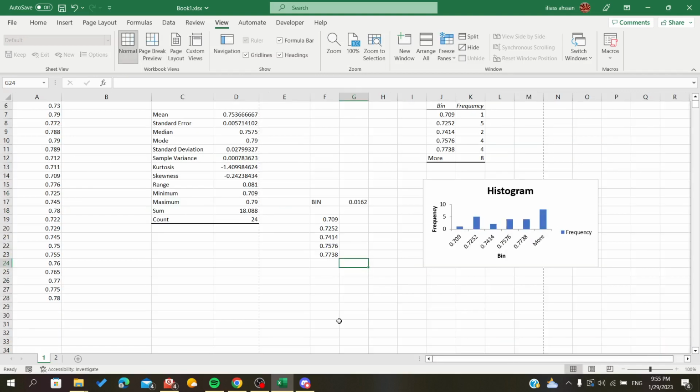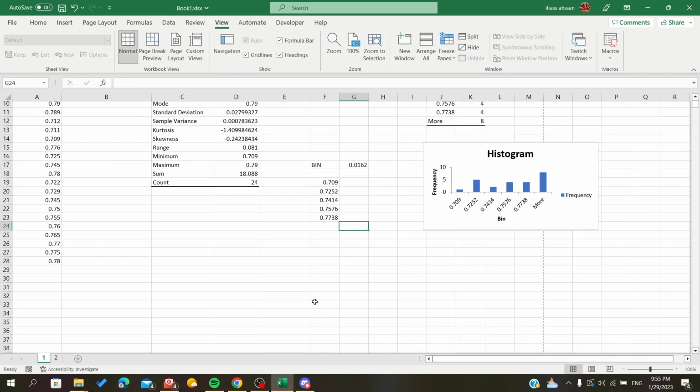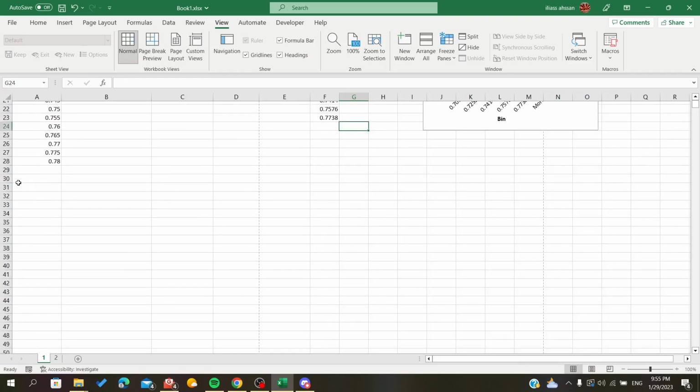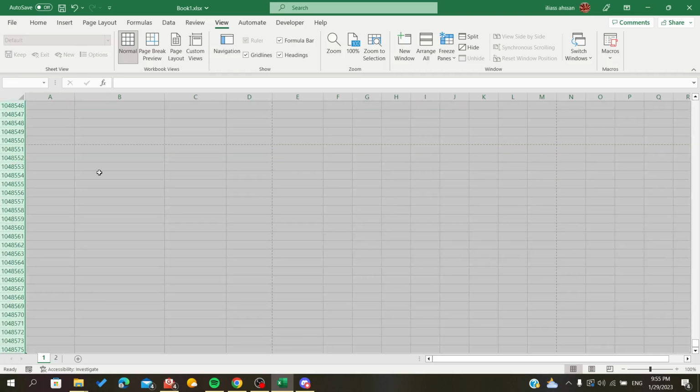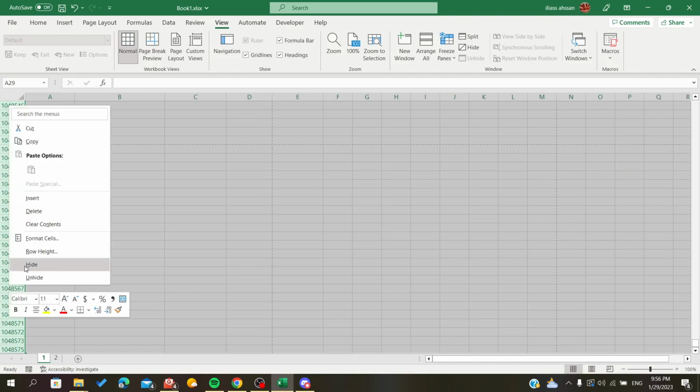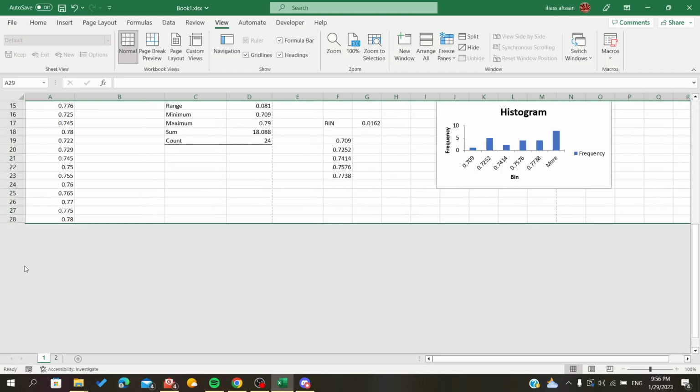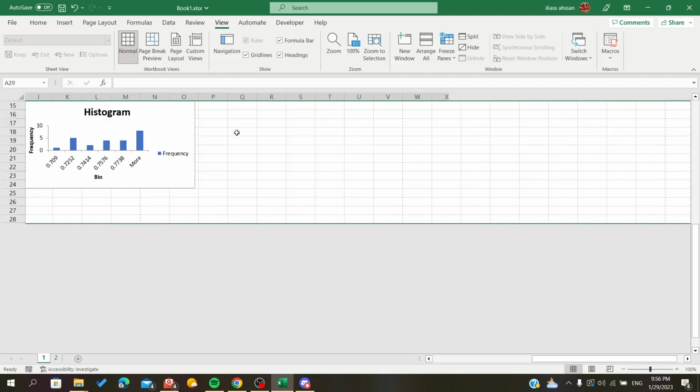The other method is hiding all the unused rows. So for example, to hide all the rows down from here to the last row, we will press Control and Shift and the down arrow key on your keyboard. As you can see, it selected all the rows from the first selected row to the last one, and we are going to click Hide, and as you can see, it hid